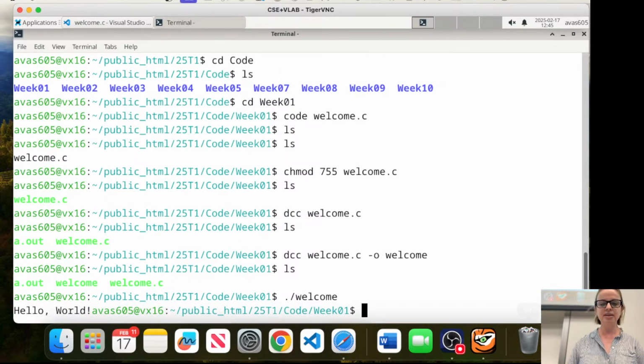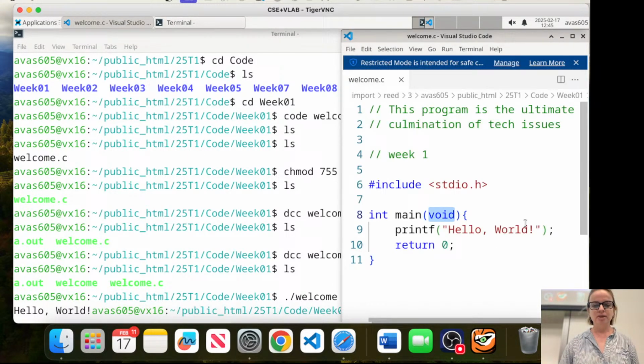Who knows how I can fix that? Yep, so at the end of my hello world, I want to put a new line, which means I want to press enter basically. So to do that, what I will do is I'll type \n, and that will do a new line.